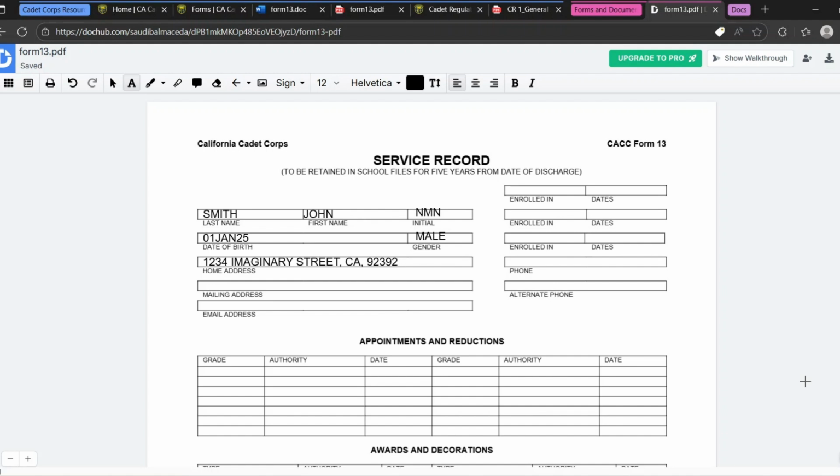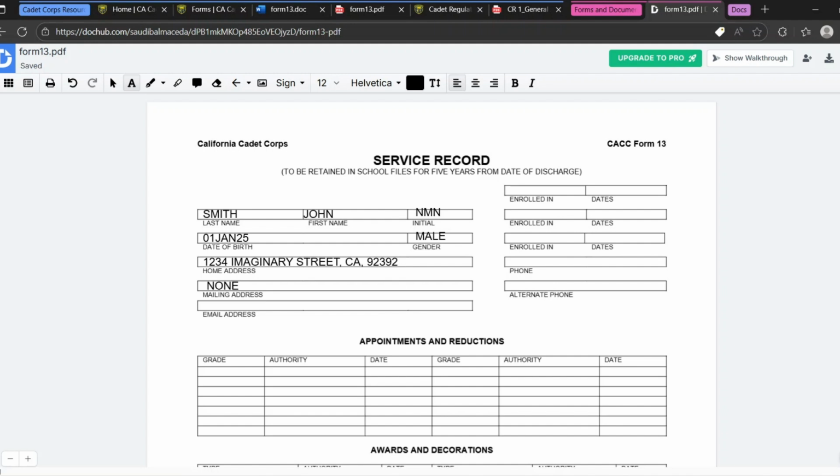So for example, it is 1234 Imaginary Street, California, and I'm using the Victorville zip code, which is 92392, which will be pertaining to your individual home address. Once we get to the mailing address, then that will be the section where if you receive mail in a location different than your home address, you would enter that P.O. box or other location. That would include, again, your city, state, and